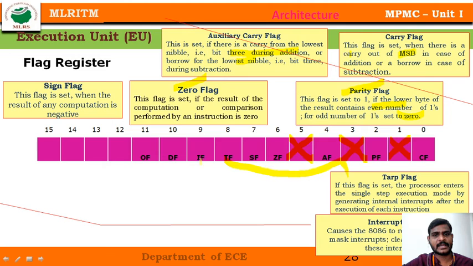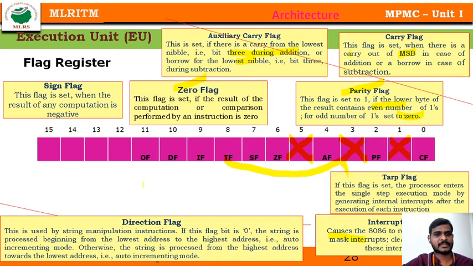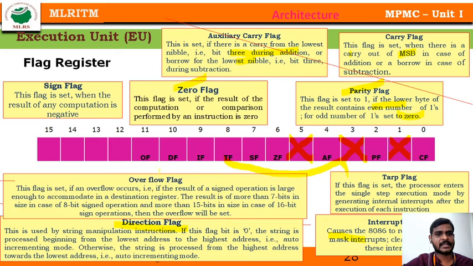Next is the interrupt flag. This flag is enabled when, while executing an instruction, a maskable or non-maskable interrupt is generated. Then the next flag is the direction flag. This flag tells whether the lower byte or higher byte of data is used for transmitting data, from left to right or right to left. And the final condition flag is the overflow flag. This flag is set whenever my result overflows. This occurs, for example, in a 4-bit multiplication; for more than 4 bits, this flag is set.